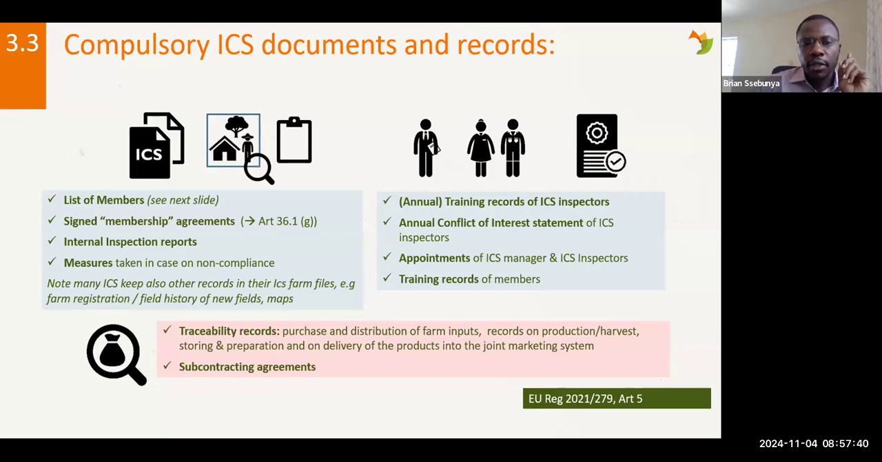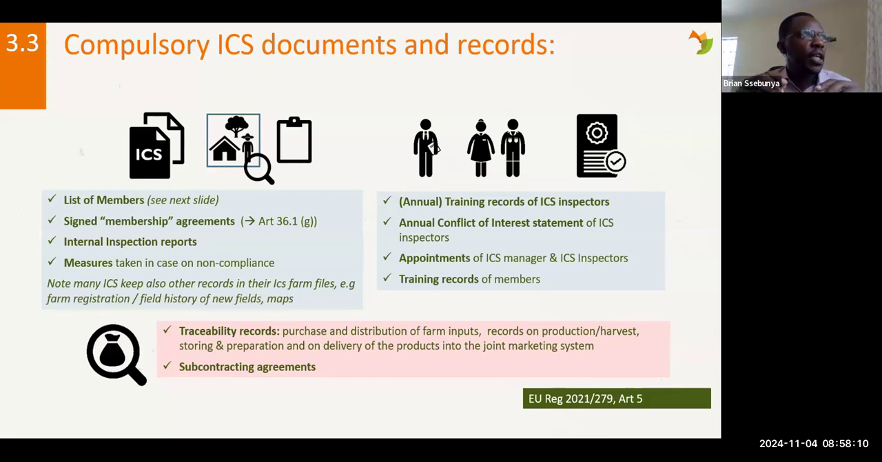Compulsory records: a list of farmers, or a membership agreement, or a tunnel inspection report, and measures of non-compliance. Training records for ICS inspectors, conflict of interest statement, appointments, training group, all that needs to be traceability, agreement. A record, I always, if you were in a physical training, I would have teased you on